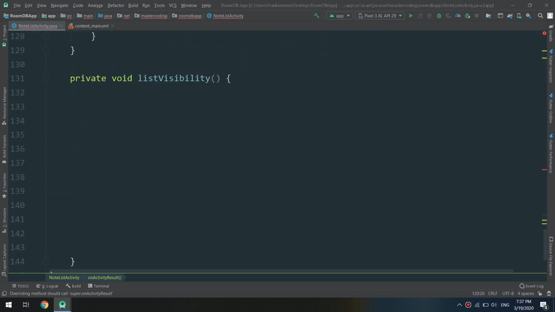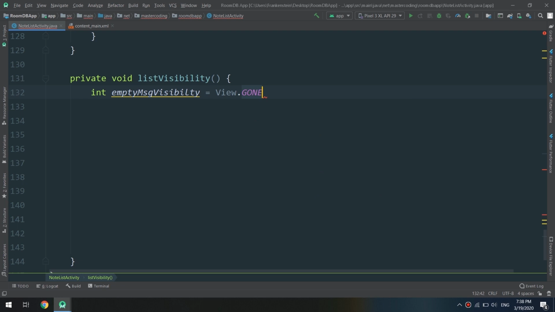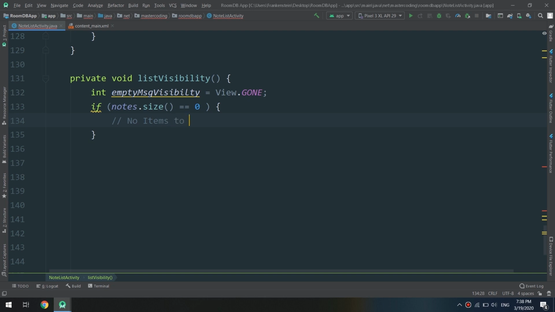The list visibility, we will start by creating the empty message visibility equal to view dot gone. If notes dot size equal to 0, no items found, no items to display,